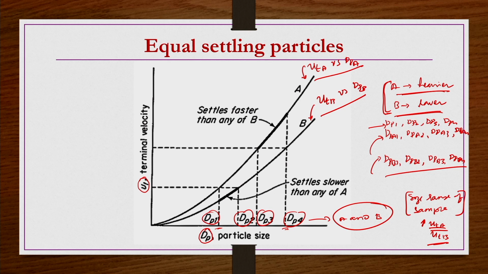So between these two curves, why is the gap increasing? Because not only density, particle size also makes a difference. When the particle size range is small for the given sample, then the difference between the settling velocity of these two types of particles may be small. But when the particles are big, the density difference also matters and the difference between the terminal velocities of these two types of particles is going to be large. That is the reason the space between these two curves increases with increasing size of the particle.